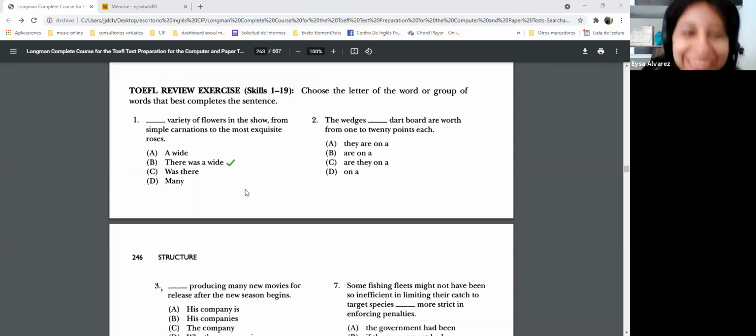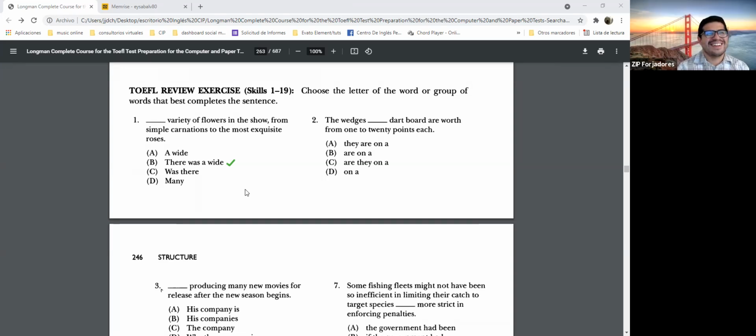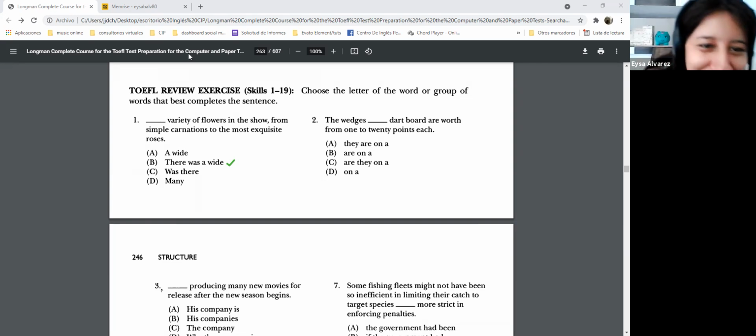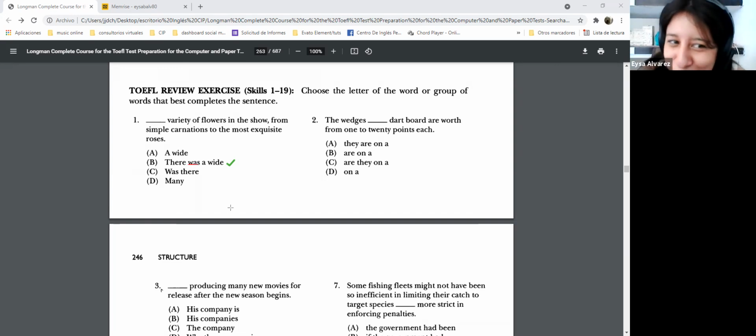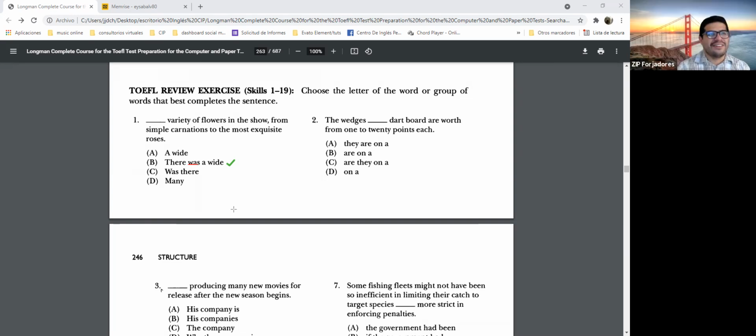Good, that's a good question. Okay, because I don't have a verb, so that's why I thought that I need a verb. And we don't need to invert, so that's why I am sure that it is there was a white, right? Instead of the. Okay. All right. So, well, actually, in this case, it's inverted because we start with the place expression that is there. So it's inverted. We know it as there were, there was. That is the there be, but it's a place expression. Okay, it's another way to see it, but it's the same.